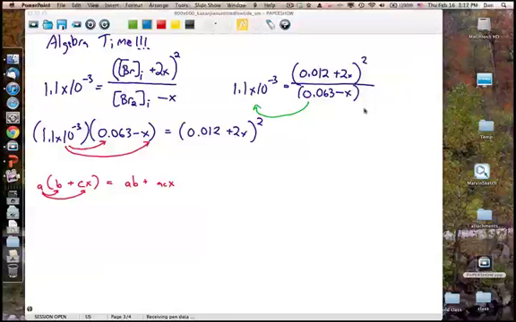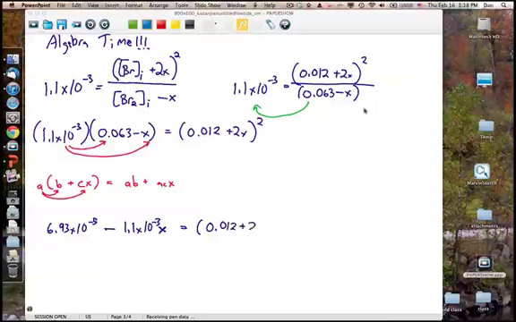Doing the math and multiplying these out, this would become 6.93 times 10 to the minus fifth minus 1.1 times 10 to the minus third x. The x doesn't go away, equals